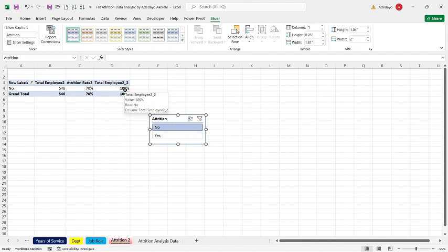So that is how to use DAX to correct that 100% error of show value as. Then I want to quickly show us, let me clear the filtering. Then I want to